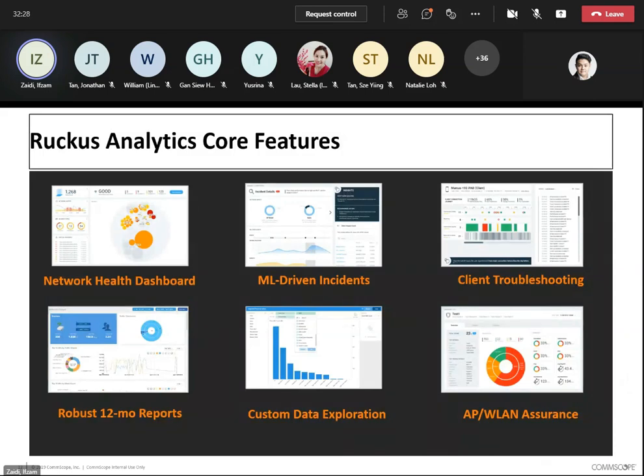Basically, these are the Ruckus Analytics core features I have told you before, and this is some of their dashboards. You can see that we have the network health dashboards, machine learning driven incidents, client troubleshooting, robust 12-month reports, dashboards, custom data explorations, and also AP WLAN insurance.